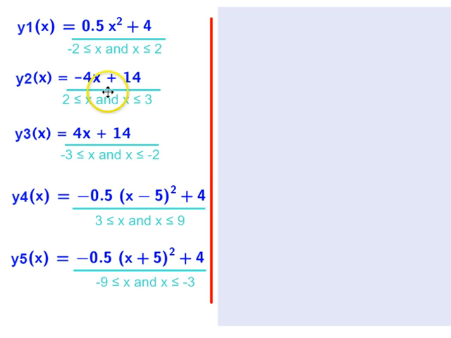And you can see it in the equations. The equations certainly have a lot of similarity to them. And you could type it in just the way you see it here on the screen, or alternatively, you could also do this: y3 equals y2 of negative x. And I'll ask you to think about why that makes sense to make y3 a reflection of y2. The way we would type that into our calculator,